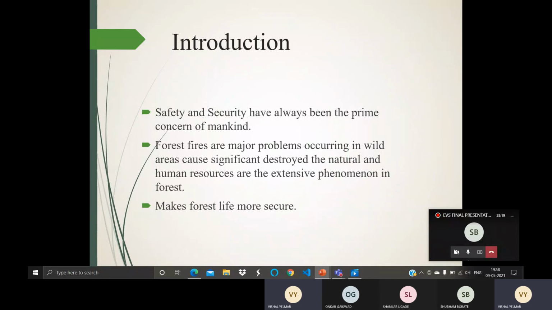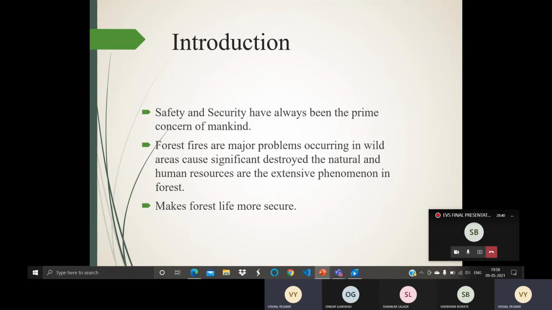As you know, there are fires in forests in many areas like the Amazon and many more. Many species are on the way to extinction, and they can be saved by making such a project.